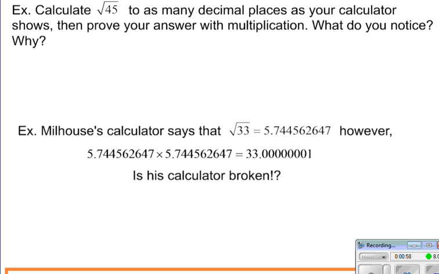Okay, so your first example that we're going to walk through is the square root of 45. It says calculate the square root of 45 to as many decimal places as your calculator shows. So in my calculator, when I type square root of 45,